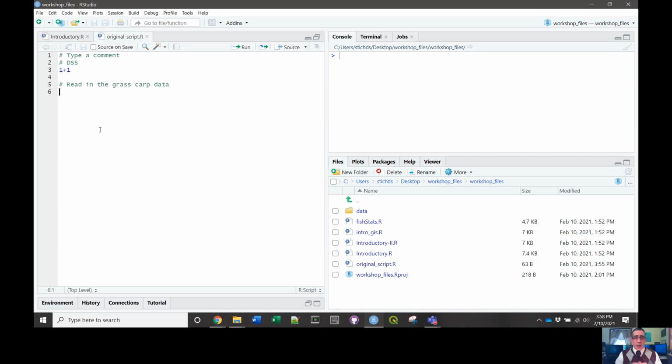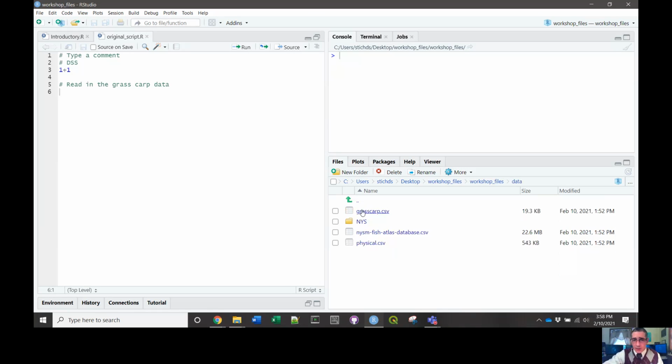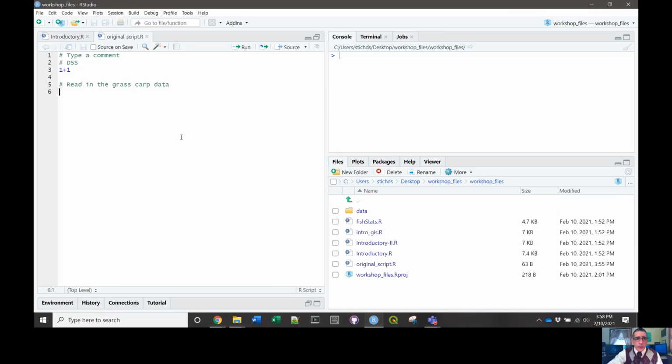So I'm going to give this a name. We're going to read in the grass carp data. These are down inside of the data file. Again, if you don't have those, you need to go download them before you can do this. And I'm just going to give it a really similar name. I'll just call it grass carp. And I'm going to say grass carp is equal to, that's what this little assignment arrow is. You can use an equal sign if you like to. I'm going to say grass carp is equal to